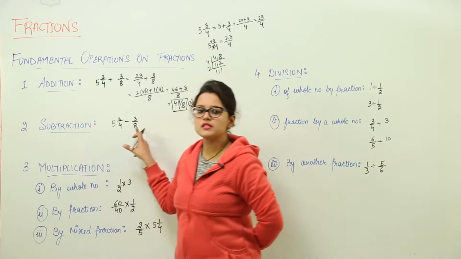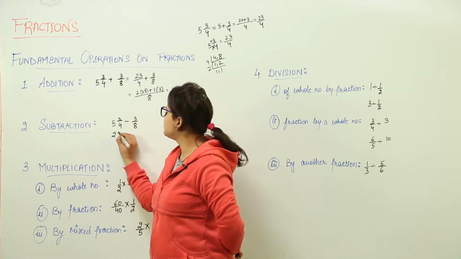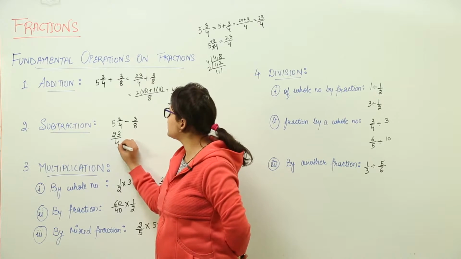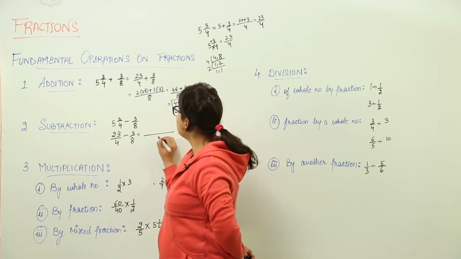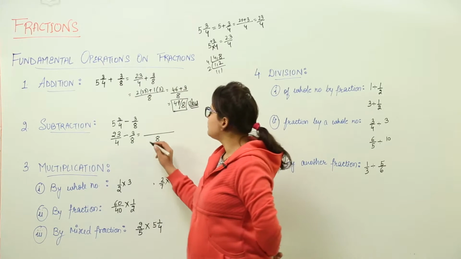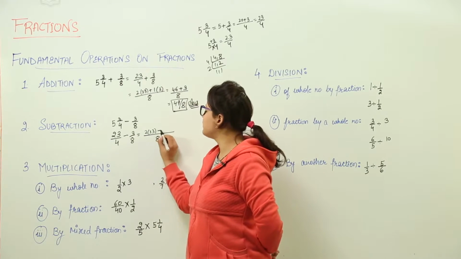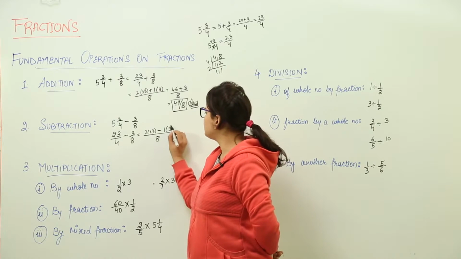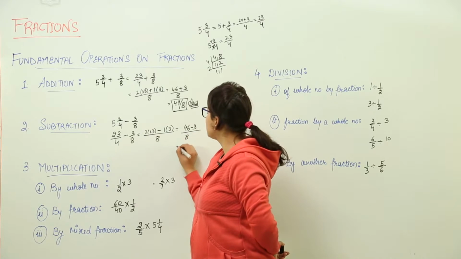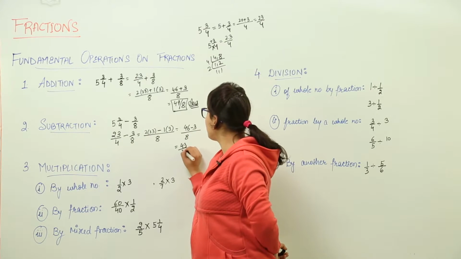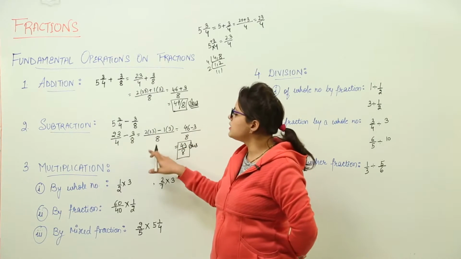Again we have a mixed fraction and a proper fraction. So we have to convert the mixed fraction into the proper fraction, that would be 23 upon 4 minus 3 upon 8. Now again you will take out the LCM 8. We'll follow the same steps. The only difference will come in the sign. 8 ones are 8 and 3. You get 46 minus 3 upon 8, that is equal to 43 upon 8 as the answer. Right? That was about the addition and subtraction.